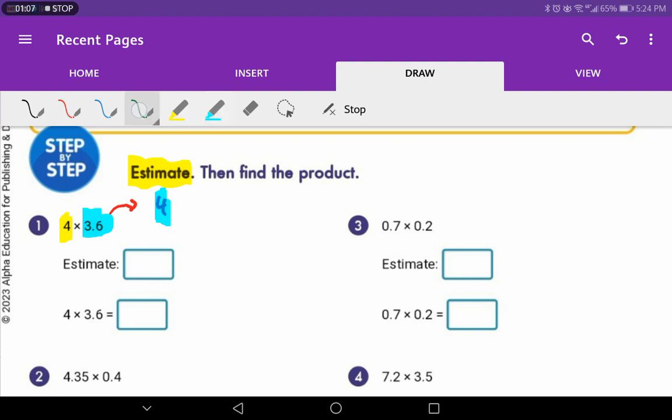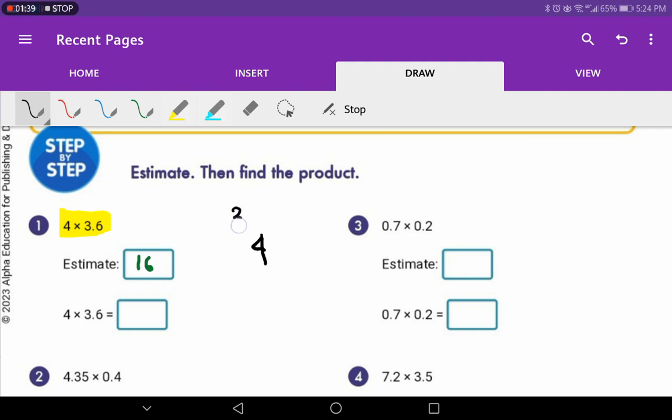Instead of this, I want to multiply 4 by 4, it is 16. If I write 12, teacher, it is okay, my dear student, it doesn't matter. But remember that there are a good estimation and a bad estimation. So here the estimate is 16. Now if I want to multiply this and find the exact answer, I have to multiply 4